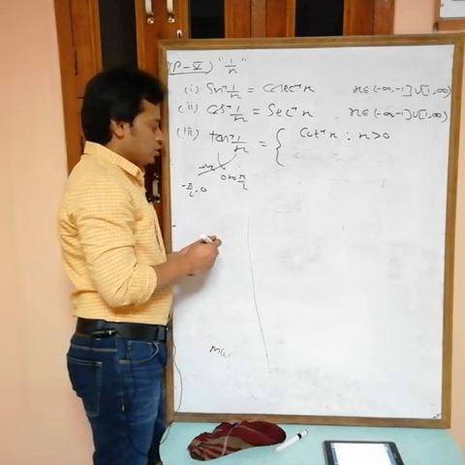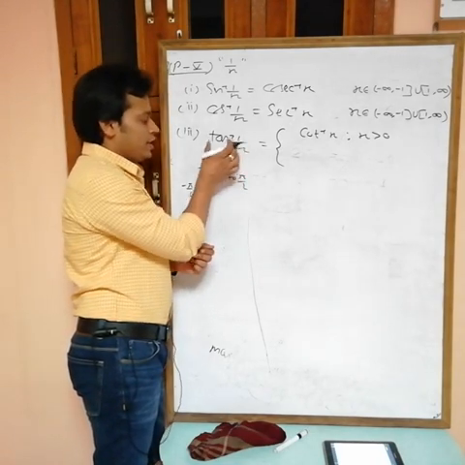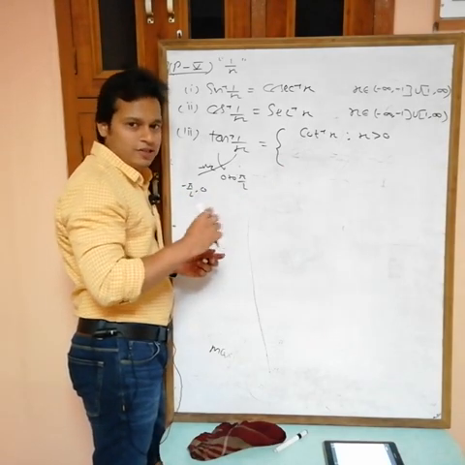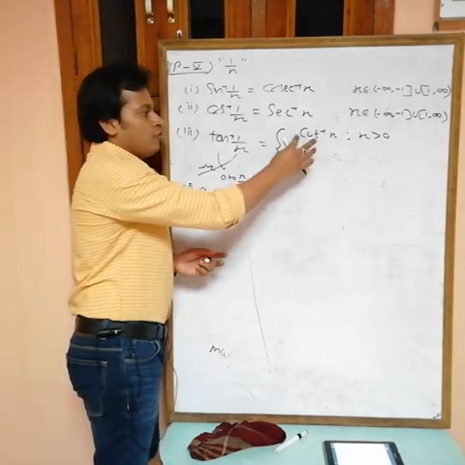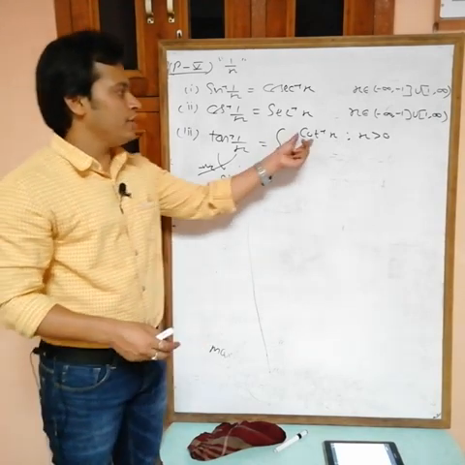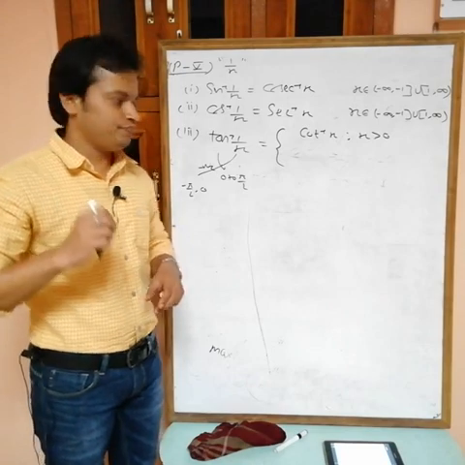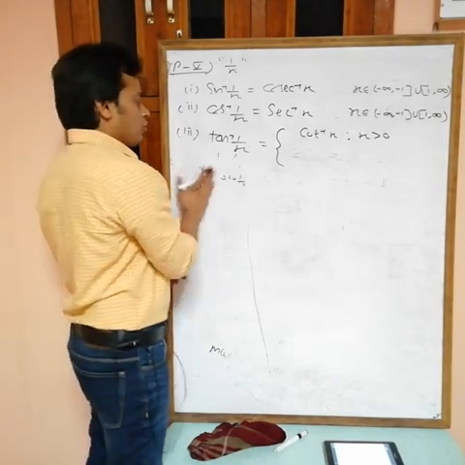Okay, so when x is positive, tan inverse is 0 to pi by 2, and cot inverse is also 0 to pi by 2. So same range case. In cot inverse x, if x is positive, then cot inverse is from 0 to pi by 2. If x is negative, then pi by 2 to pi. Okay, but forget, no problem.